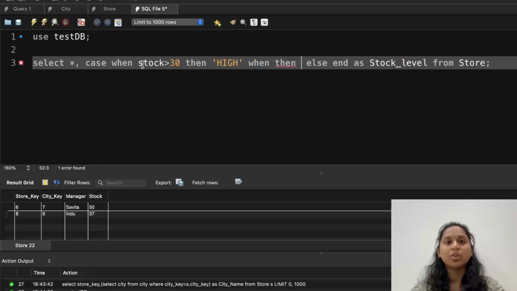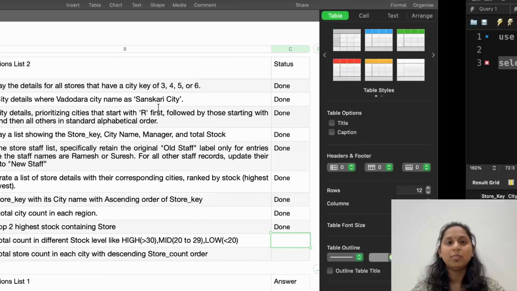Now the next condition is stock. If your stock is greater than 20 and less than or equal to 30, if I'm not wrong, please check.